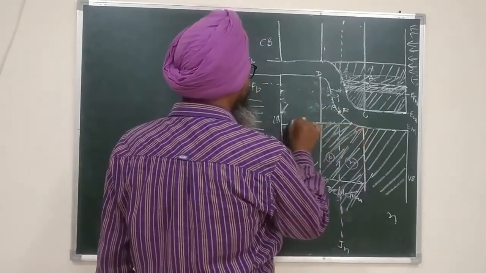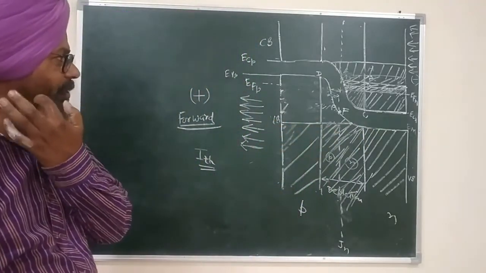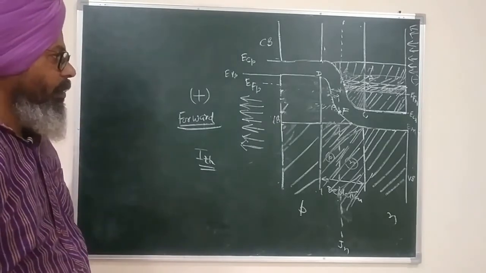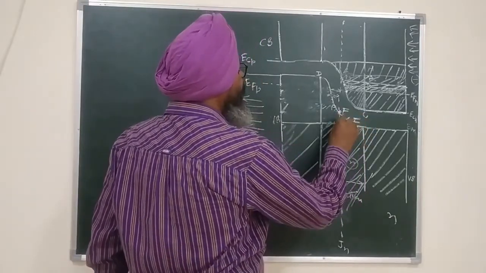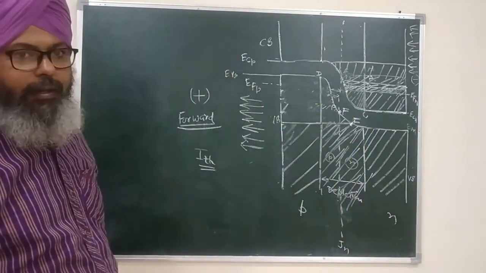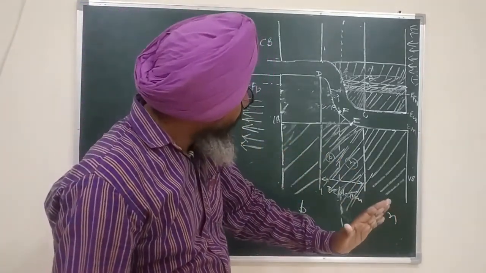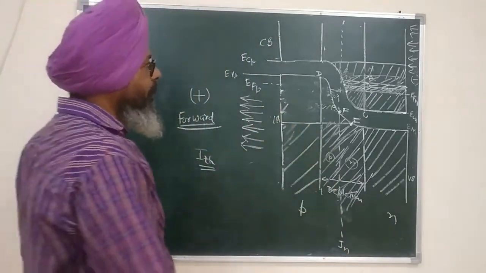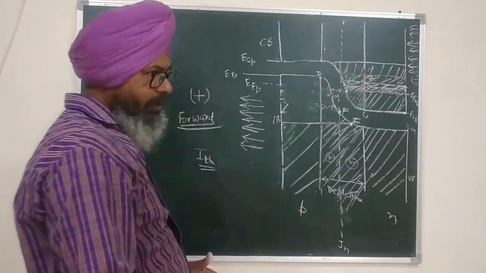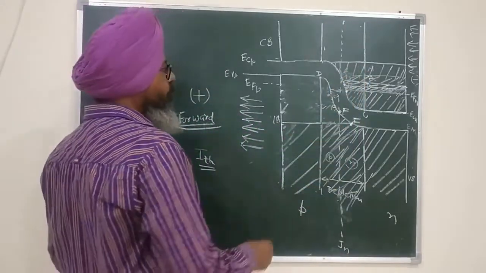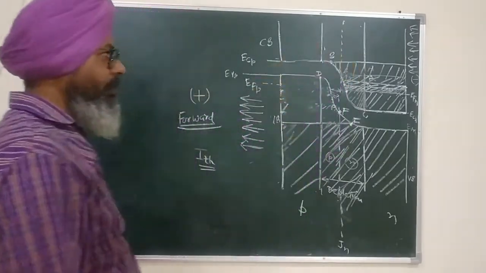Now, this is something very interesting, and if you are attending this lecture seriously, you would really appreciate it. Now, you can see this point F has crossed the junction and gone into the N region. Similarly, this point B, up to the threshold current, was approaching the junction, but it was always within the N region. But beyond the threshold current, point B will cross the junction and reach the P region.